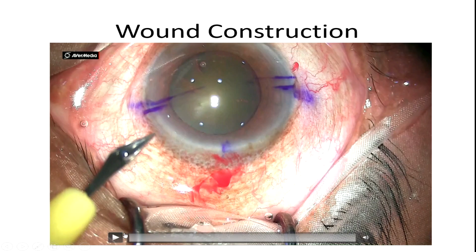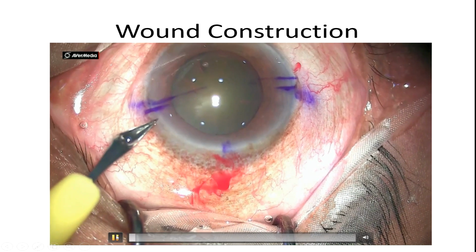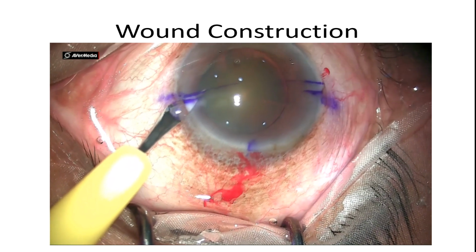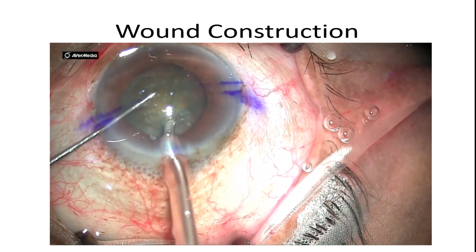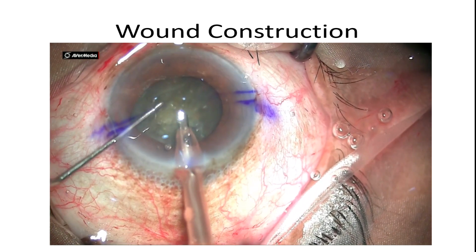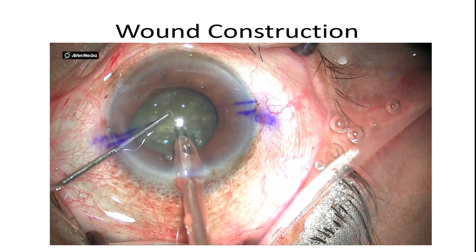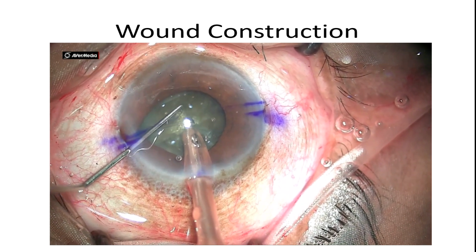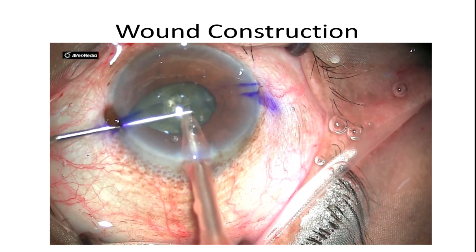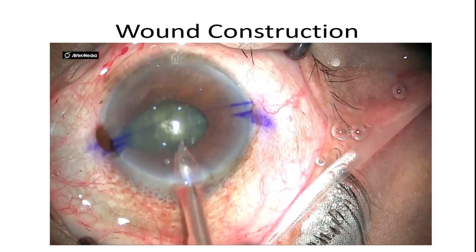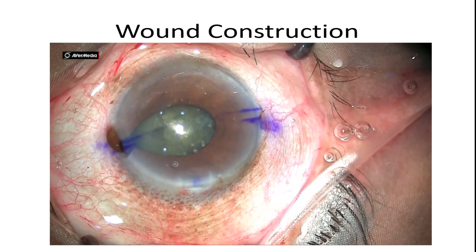Look at this case. It's under topical anesthesia. I'm doing a side port and keep looking. It's going in, and with a sudden movement of the eye the wound gets extended. So like in every case, we have to keep in mind how we construct the wound, and more so in PPC. Because what happens now? The leakage from the side port will make the pupil smaller and smaller and the operation becomes difficult. It's prolapsing everywhere. So for beginners, it's not just nuclear management. Every step has to be kept in mind. So wound construction is very important.